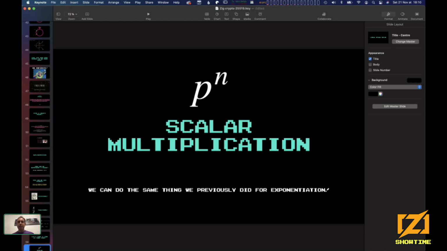So scalar multiplication, which is what we've been talking about before with other kinds of curves, is just starting with a point. We are going to add it to itself a couple times. So if n is really large, this is going to take forever. However, we can speed up the computation using exactly what we did before for exponentiation. We can do, for example, a binary decomposition of n, and then keep doubling p every time.